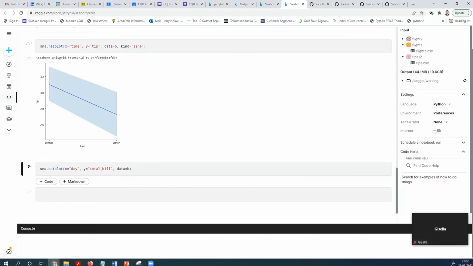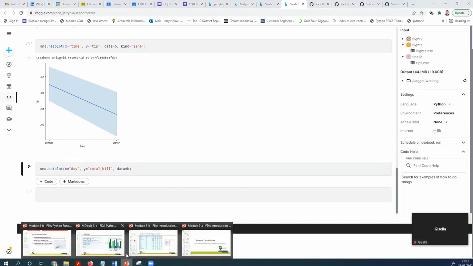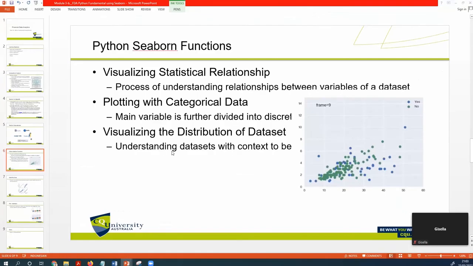So there is also what we call catplot here. So let's continue. With Seaborn we can visualize the statistical relationship. The second one, with Seaborn we can plot with categorical data.